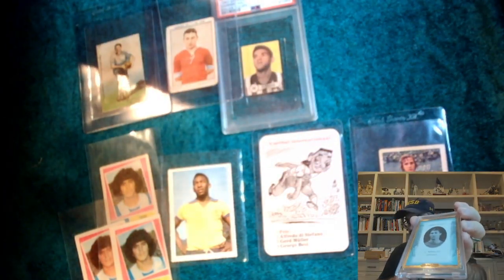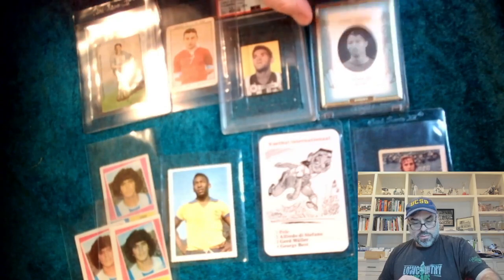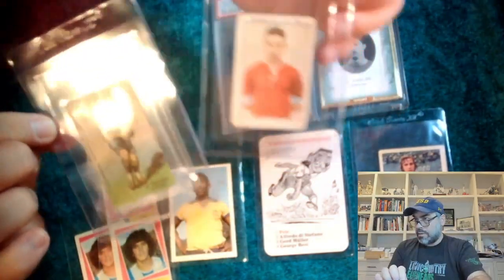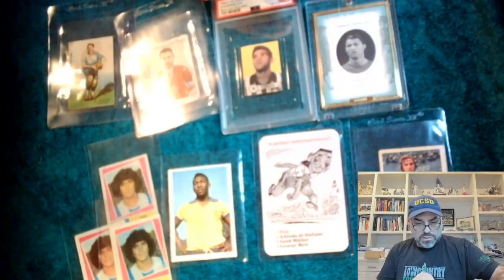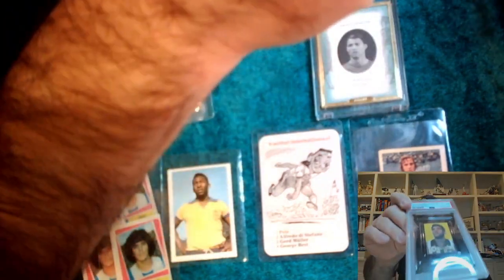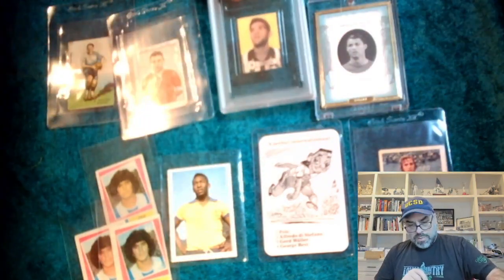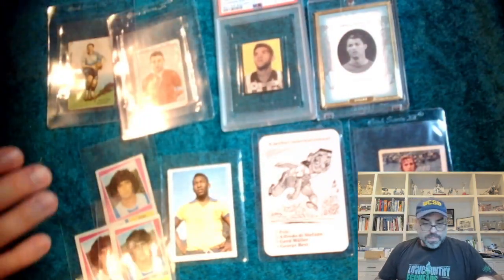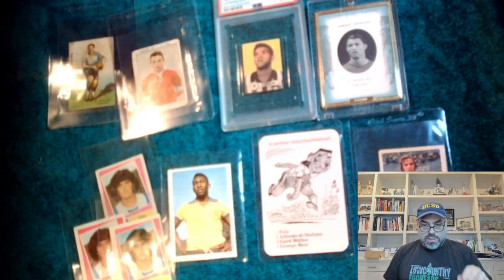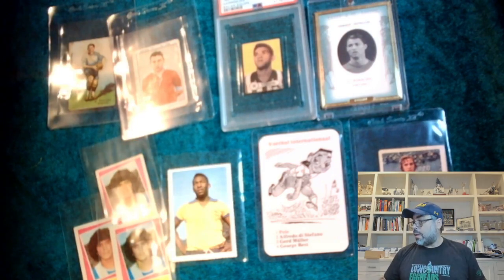The Futura Tati sets, 1 of 1. And then we've got some great Argentine early cards. Here on this camera. I don't know. Sorry, I'm getting used to using multiple cameras here. And then we've got the Garrincha 57 to be reunited with his Pele. So, that's what I got for you guys today. That's my mail day over the last couple of weeks,